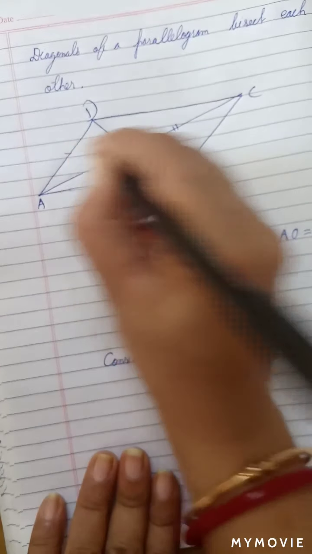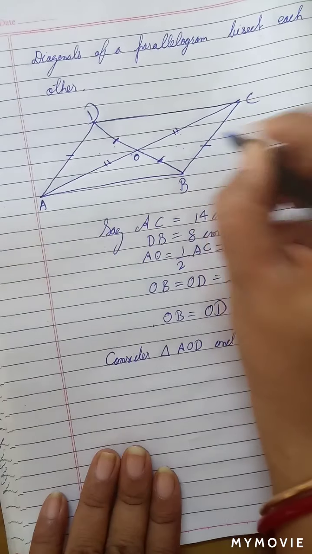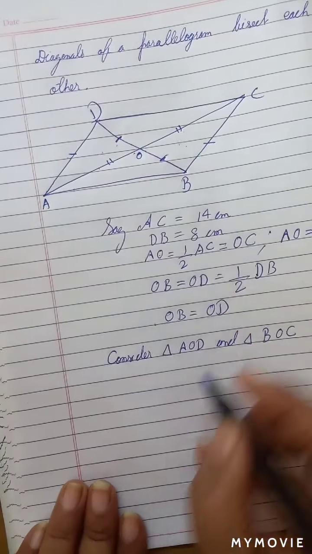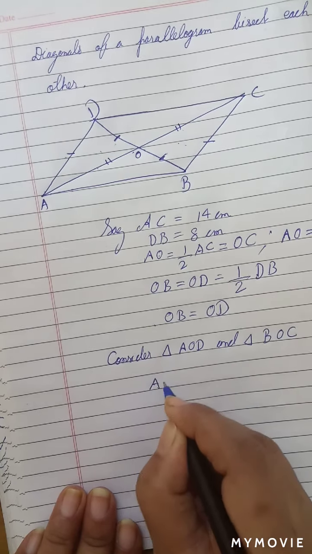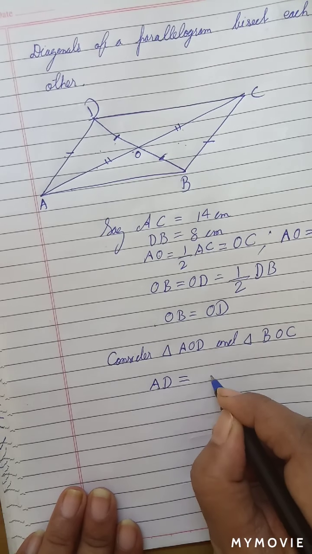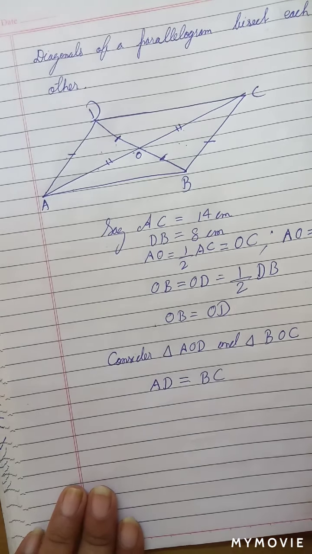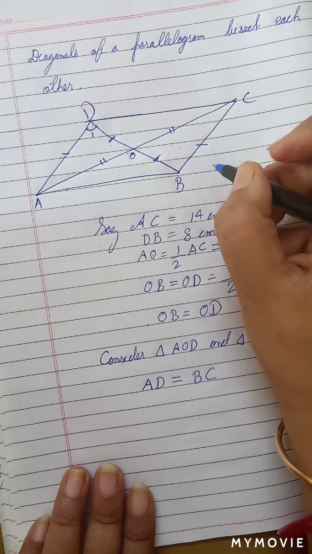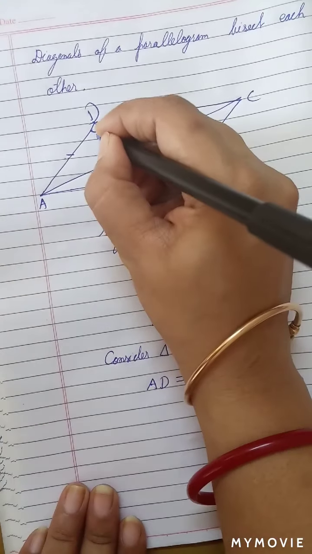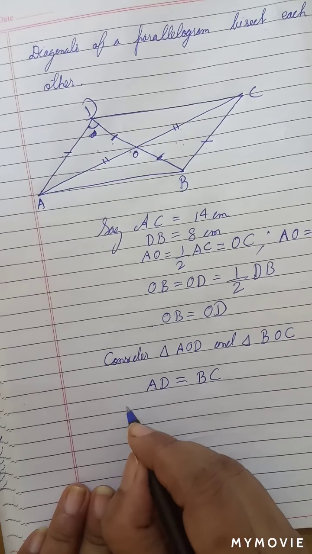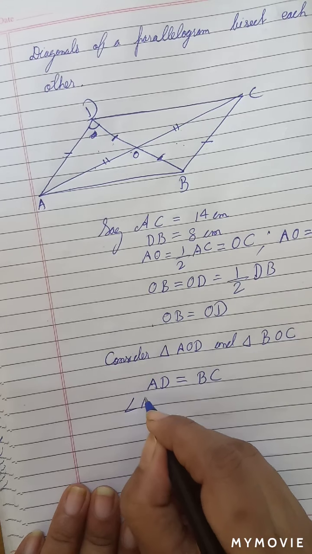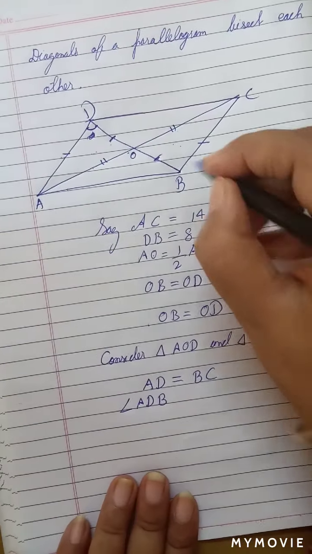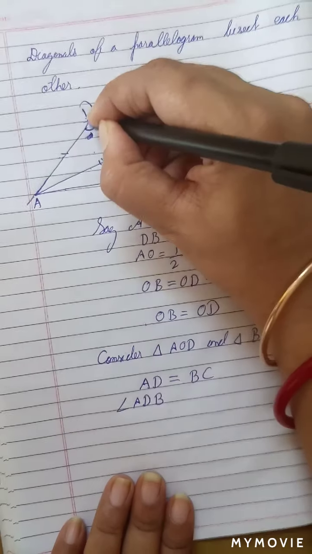We know these two sides are equal because ABCD is a parallelogram and they are the opposite sides. So, AD is equal to BC. And now let's consider this angle. Let's call it angle ADB. This is angle ADB, and if we extend it a bit,